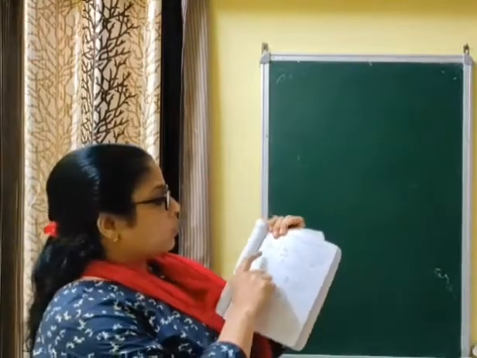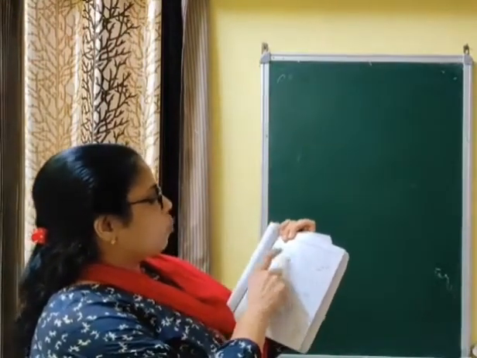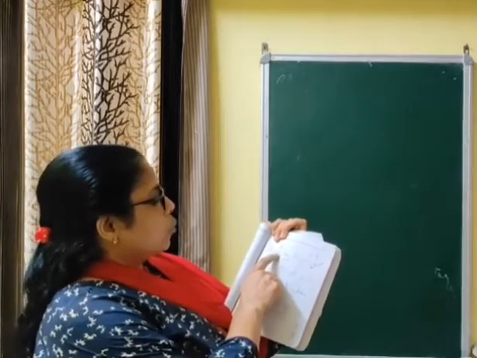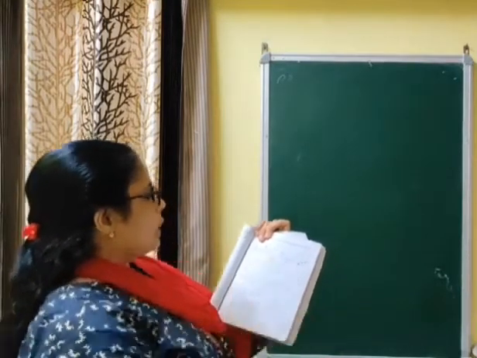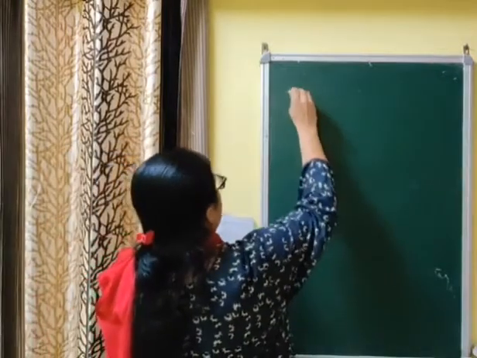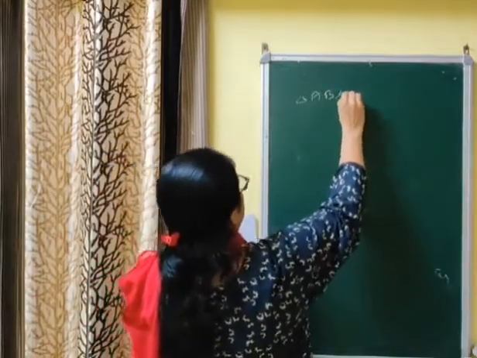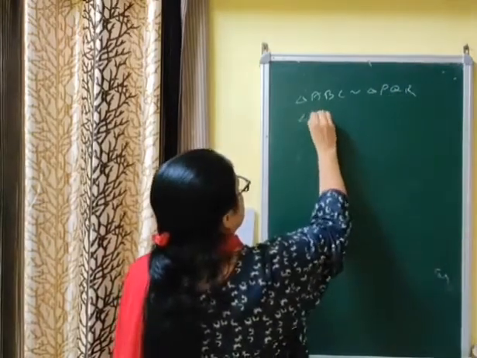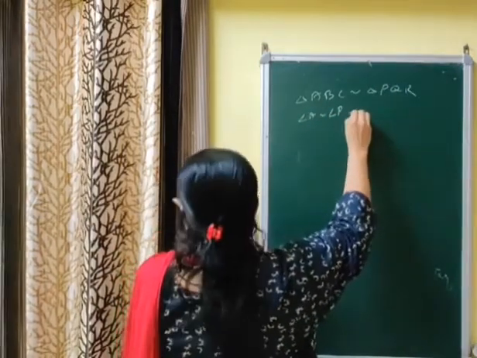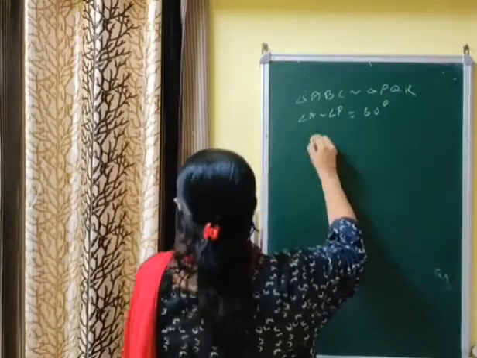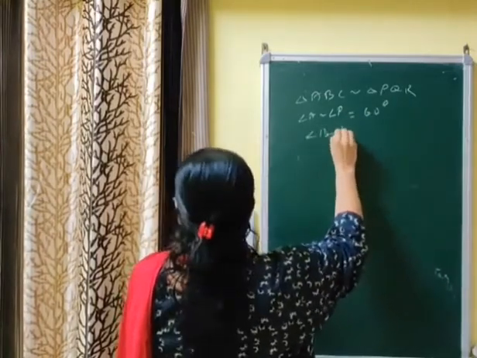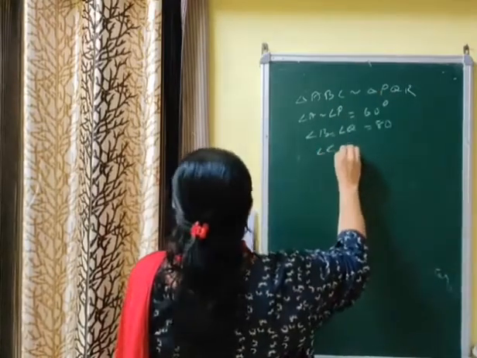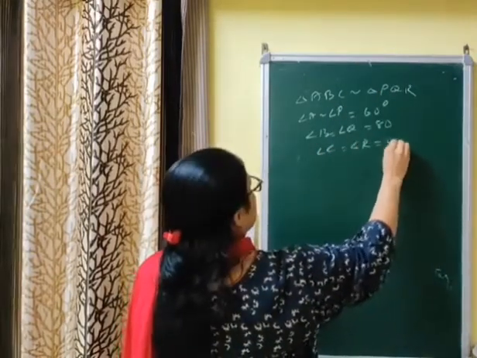आप अपने पास बुक रखिए. ट्रायंगल ABC और ट्रायंगल PQR में A और P 60 दे रखा है, B और Q 80 दे रखा है, C और R 40 दे रखा है. That means respective angle देना है, that triangle ABC is similar to triangle PQR होगा. क्यों? एंगल A के साथ कितना आना चाहिए? एंगल P. ऑर्डर बहुत इंपॉर्टेंट है. एंगल A इक्वल P इक्वल 60 है, एंगल B इज इक्वल टू एंगल Q इक्वल टू 80 दे रखा है, तो रेस्पेक्टिव एंगल साथ में आना चाहिए. एंगल C इज इक्वल टू एंगल R इक्वल टू 40 डिग्री.